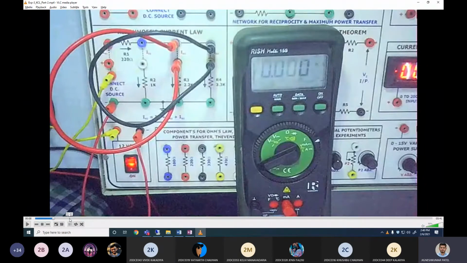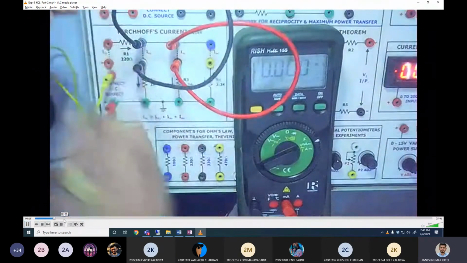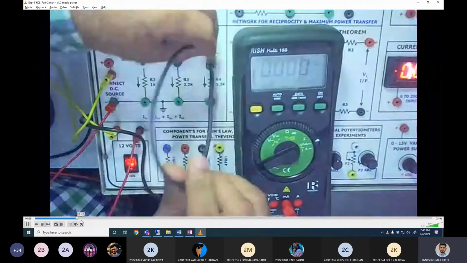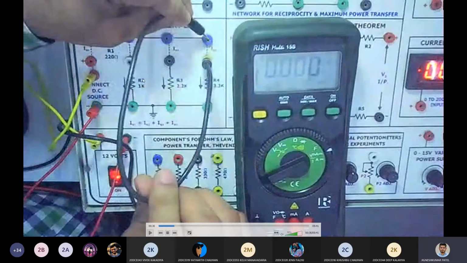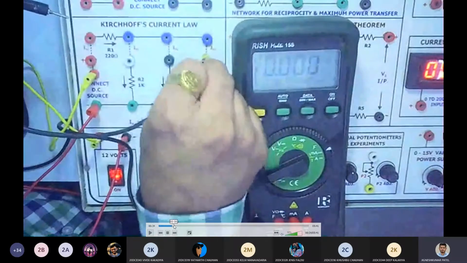Now these are the dotted lines where we have connected wires. This is the circuit. It's a little bit blurry, the video quality is not so good. But this is basically a basic circuit. Now what we are going to do is use an external supply. This is the first resistor, 220 ohm, and in the same way 1 kilo ohm, 2 kilo ohm, 2.2 and 3.3 are over here.